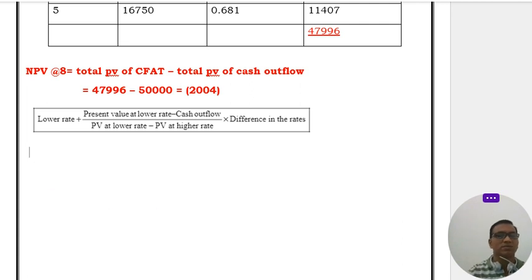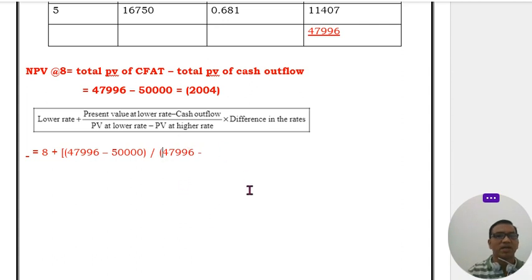So IRR equals 8%, and then brackets: PV at lower rate, that is 47,996 minus cash outflow 50,000, divided by PV at lower rate 47,996 minus